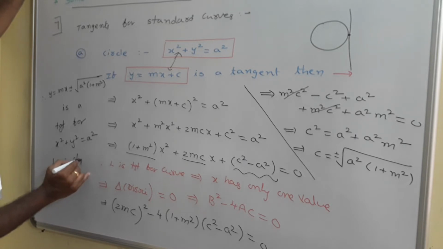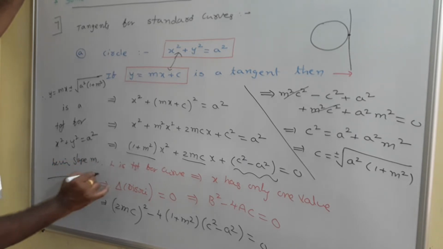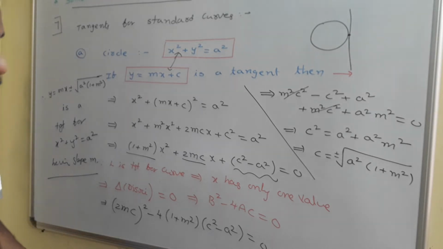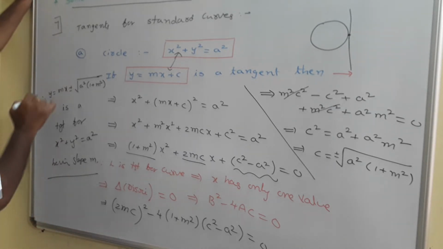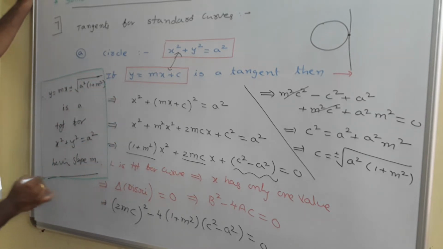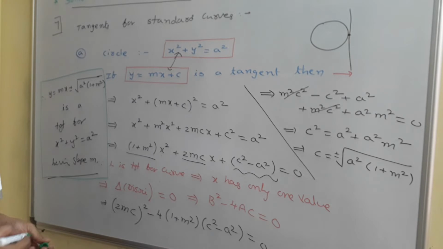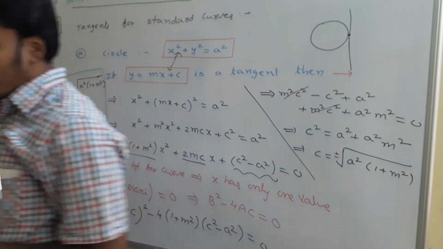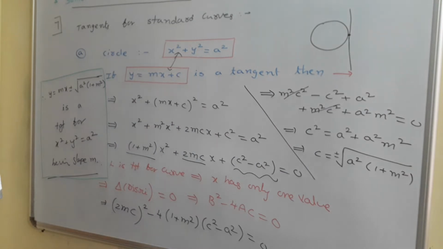having slope m. Okay, if I have only the slope and the curve x square plus y square is equal to a square, this idea y is equal to mx plus or minus root of a square of 1 plus m square helps us to find the tangent equation easily. Just have a look. It's a simple algebraic simplification with the help of a quadratic. At the end we have that as a tangent.